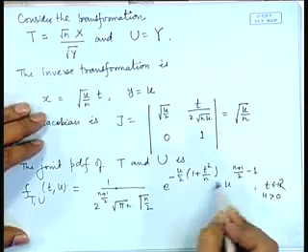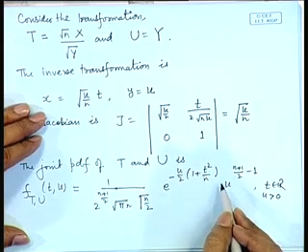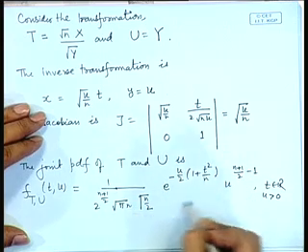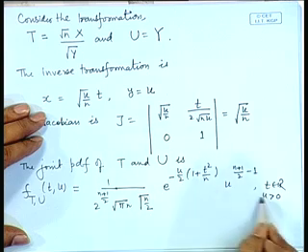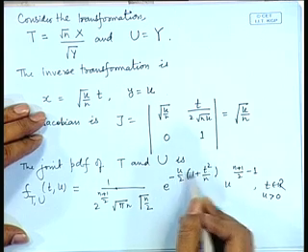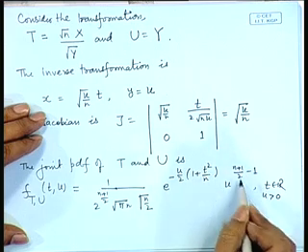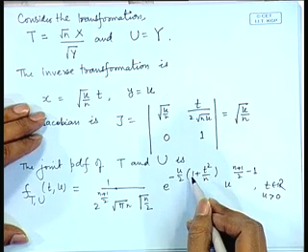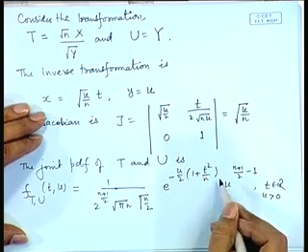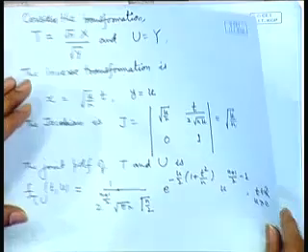To get the density of t, we integrate this joint density with respect to u. If you integrate with respect to u from 0 to infinity, you observe this term. It is e to the power minus u into something and then u to the power some power, which is of the nature of a gamma integral or a gamma function. So, it can be easily evaluated, and we get